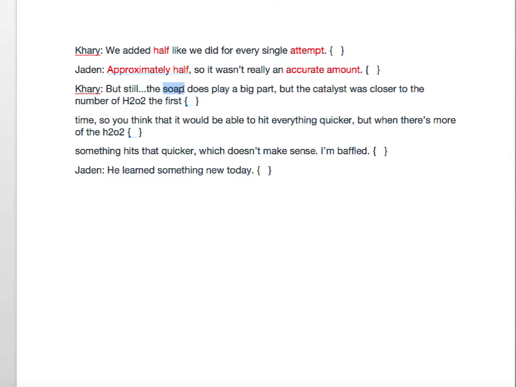We got the soap. We got the catalyst. All right. This is an expression of a relationship closer to the number of H2O2. Is there maybe a more academic way of saying that? I don't know, but